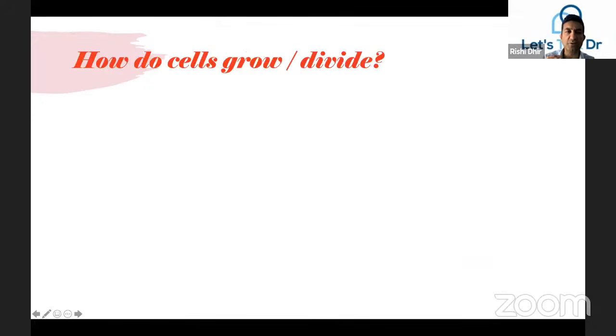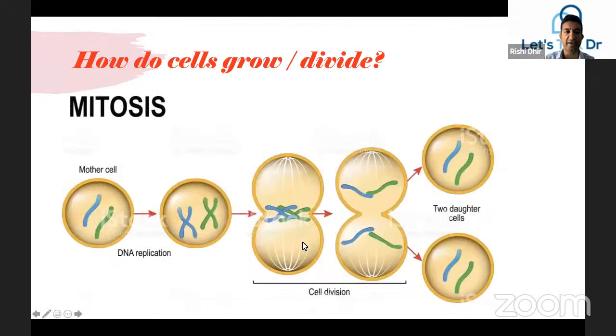So the next thing is, how do cells grow and divide? And the buzzword to remember is mitosis, okay? So in mitosis, let's say you start with a mother cell. The first thing that happens is DNA will replicate by unwinding the double helix, allowing a complementary daughter strand to be formed using the original as a template. And this is called